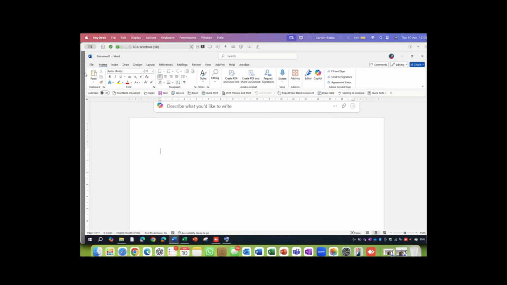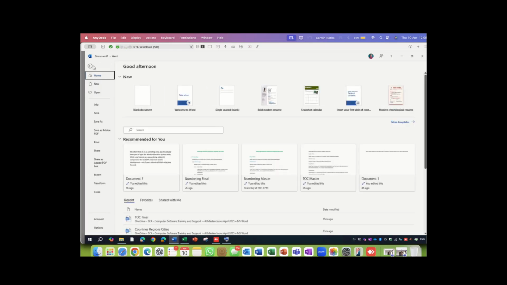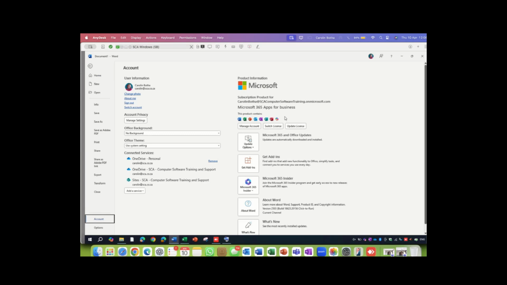So now, the reason I included accounts in this session: if I go to File in Microsoft Word 365 by the way, and I go to the Account option, right at the bottom, you'll notice mine, if you have a look at the right-hand side, the one I'm using now, but it's perfectly similar to the family or personal pack. I explained that briefly yesterday. But mine is a Microsoft 365 Apps for Business.